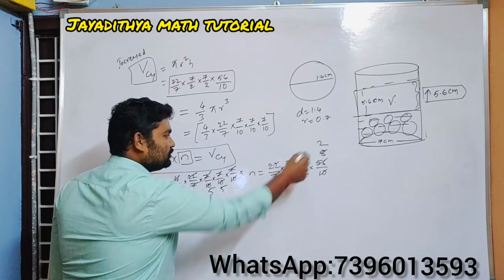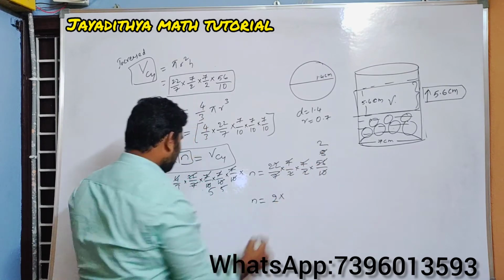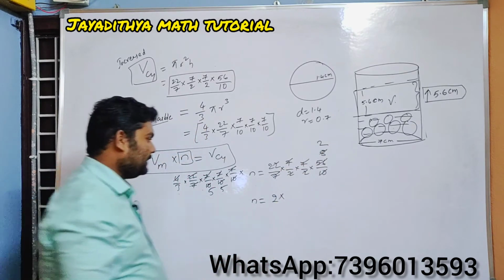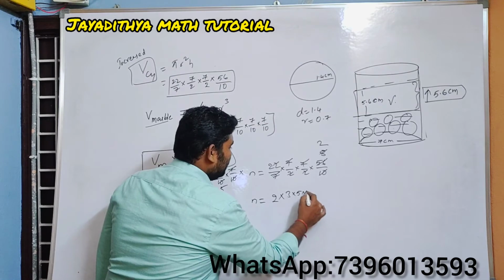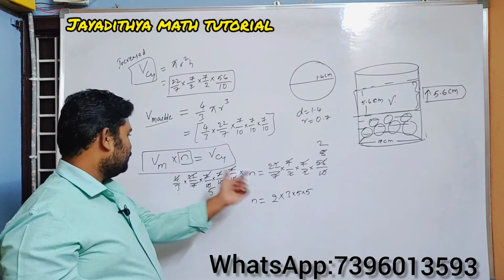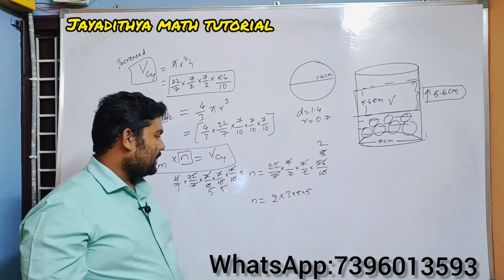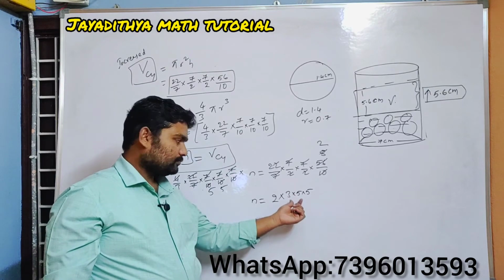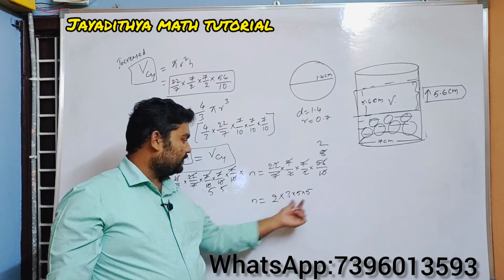So n is equal to, you have remained with 2 on the RHS, 2 into, in the denominator you have 3 into 5 into 5. So right here 3 into 5 into 5, and in the numerator you don't have anything. So this will be your answer. 5 3s are 15, or else you can do like this: 5 5s are 25, 25 2s are 50, 50 3s